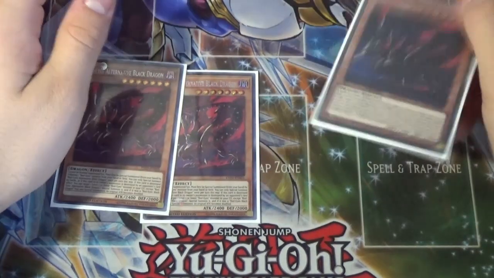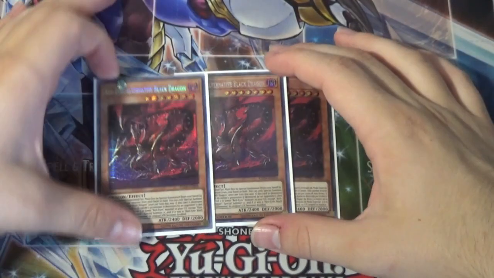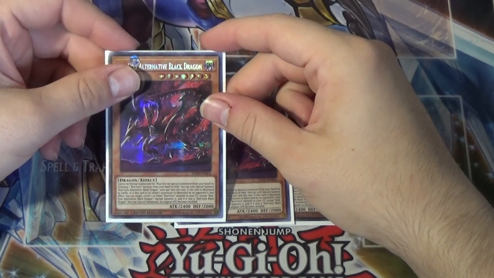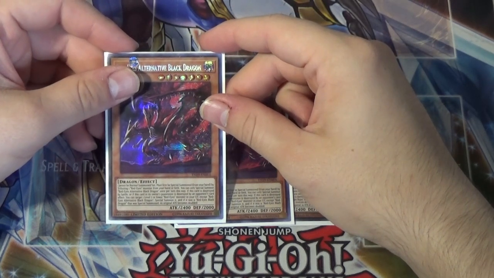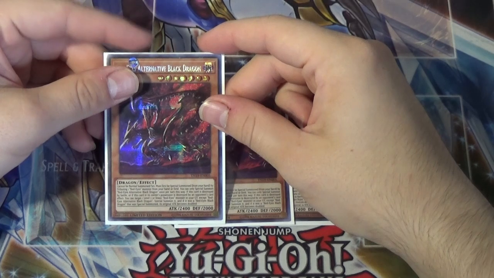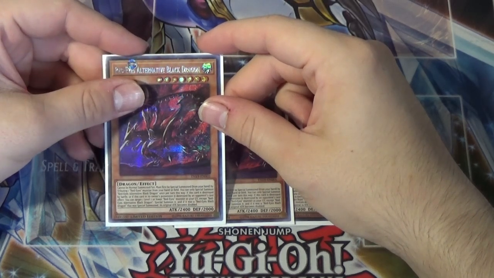One of mine is in Spanish just because I thought it'd be cool to have a Spanish one. Anyway, so his effect is: cannot be normal summoned/set, must first be special summoned from your hand by banishing one Red Eyes monster from your hand or field. You can only special summon Red Eyes Alternative Black Dragon once per turn this way. If this card is destroyed by battle, or if this card in its owner's possession is destroyed by opponent's card effect, target one level 7 or lower Red Eyes monster in your graveyard except Red Eyes Alternative Black Dragon and